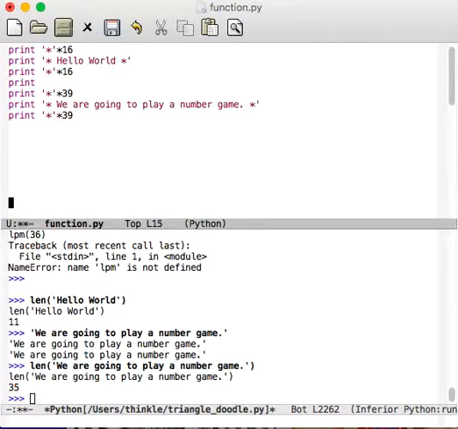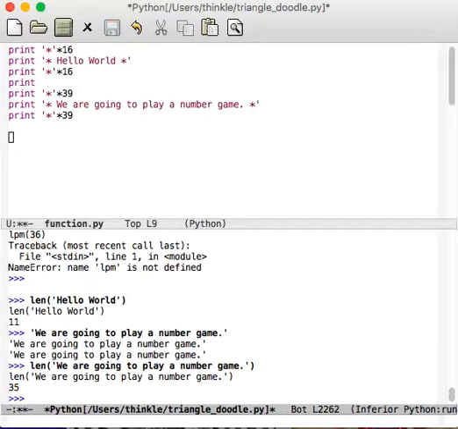All right, welcome to a quick tutorial on functions. So, first of all, just a reminder: one of the key purposes of functions is that functions can reduce code